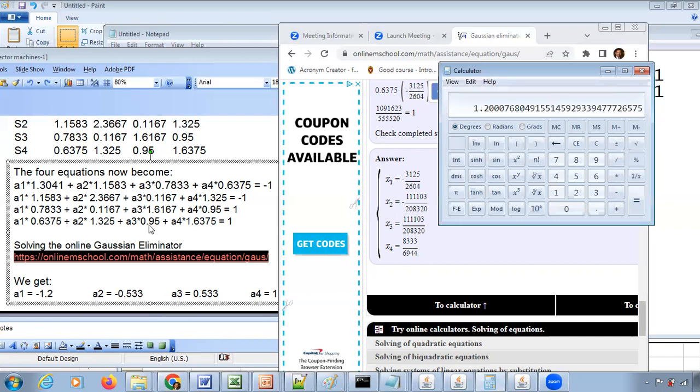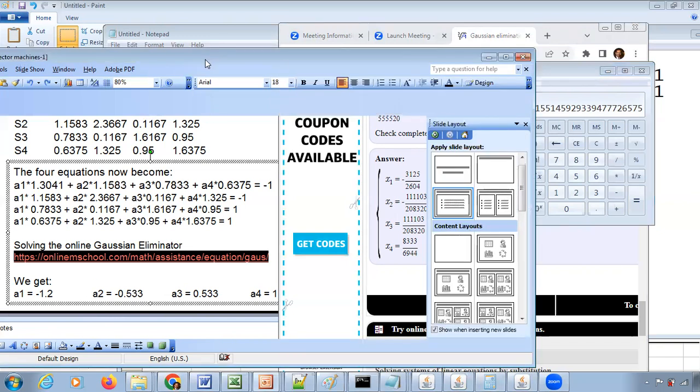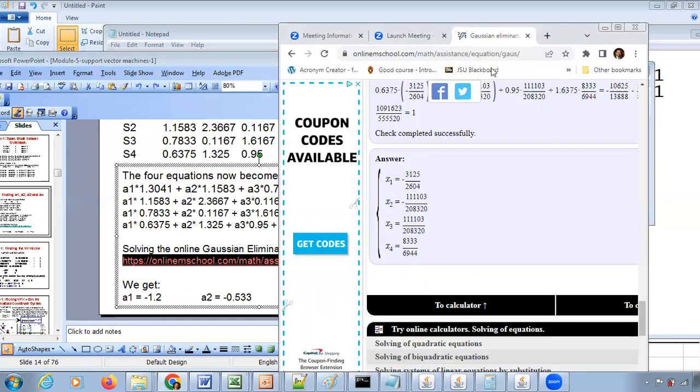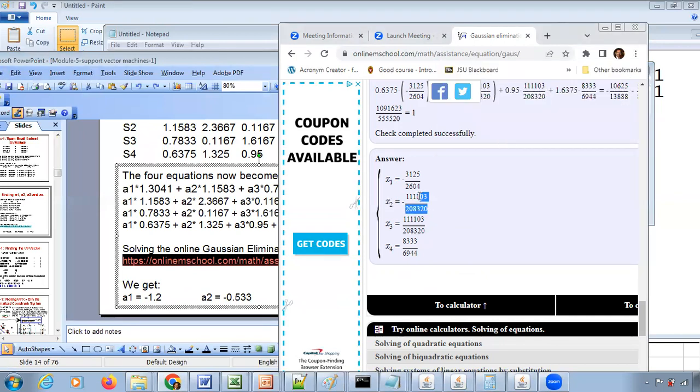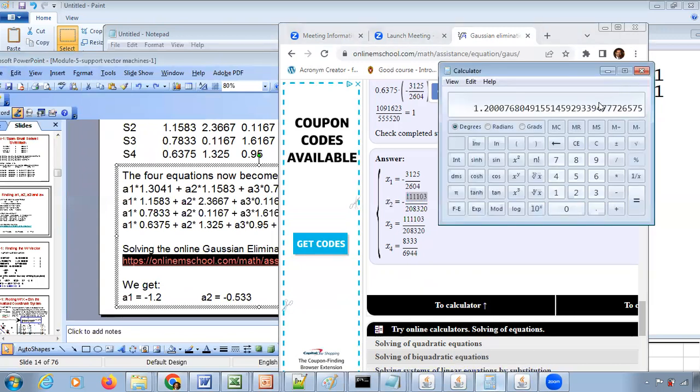So A1 is going to be that negative value on negative 1.2. And that's what I'm showing here for A1. Similarly, A2 is going to be this. If the numbers are very long, they're going to be very long in some cases. You just copy, just to avoid mistakes. Copy the value in the calculator and then press